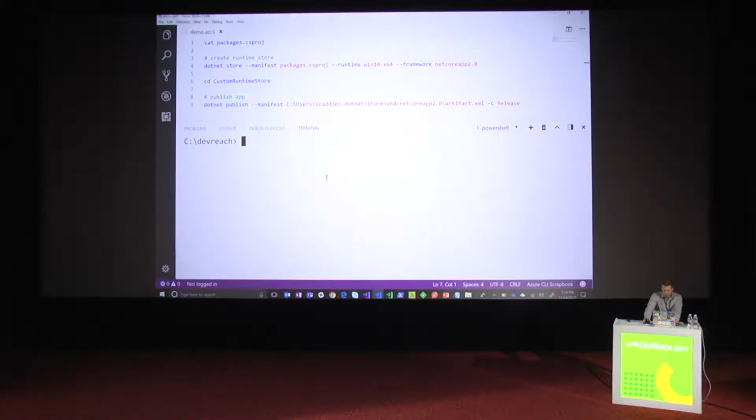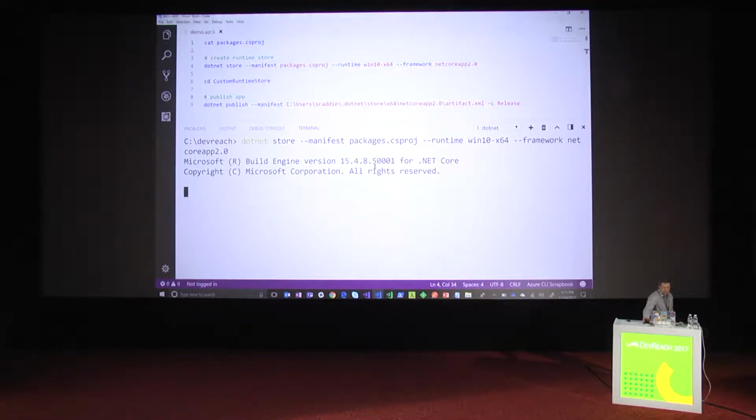Well, I'm going to hop over to VS Code. And so there's a couple of steps to this. The first step is you create a CSProj file. Name it whatever you want. In this case, I've called it packages.csproj. And it's in that CSProj, I'll show you the contents here. It's in that CSProj that you're going to list out these